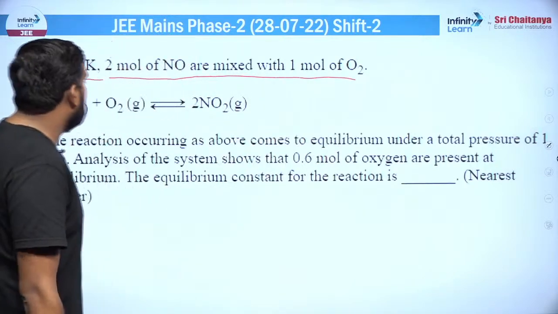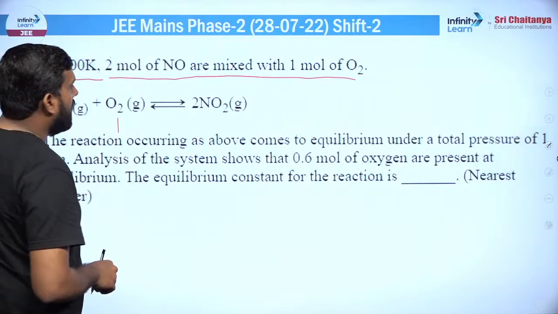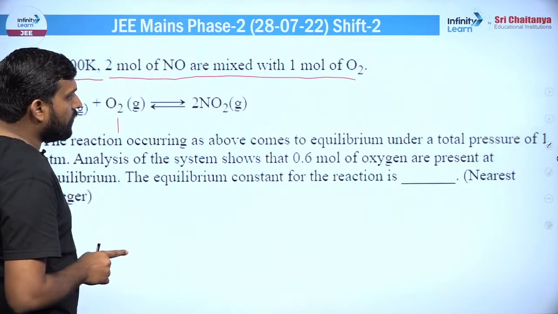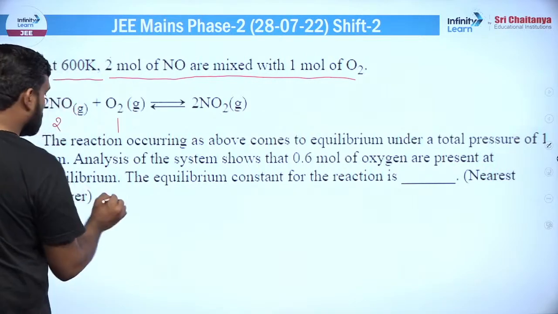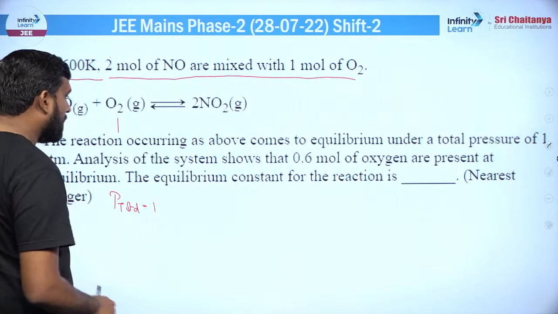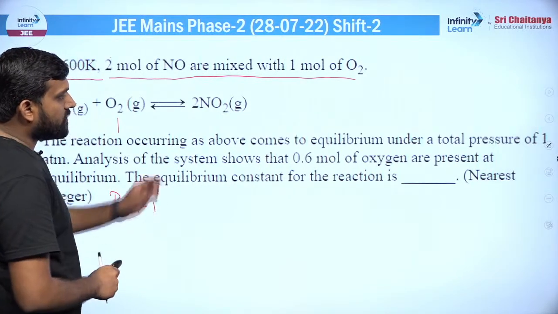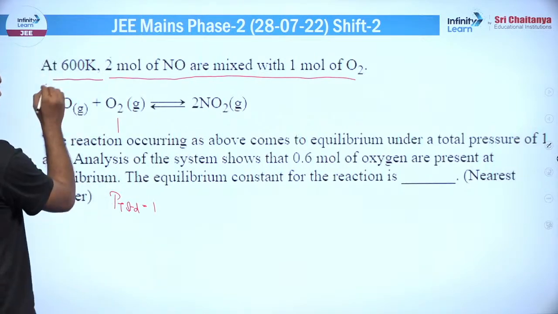गोइंग टू द नेक्स्ट क्वेश्चन, एट 600 Kelvin 2 moles ऑफ NO आर मिक्सड विथ 1 mole ऑफ O2, ठीक है। तो इसके 2 मोल लिए गए हैं, इसके 1 लिया गया है, ठीक है, are mixed, the reaction occurs as above, comes to the equilibrium under a total pressure of 1 ATM, ठीक है। टोटल प्रेशर जो है P total वो क्वेश्चन में गिवन है वो 1 है, ठीक है। The analysis of the system shows that 0.6 mole of oxygen are present at equilibrium, ठीक है।